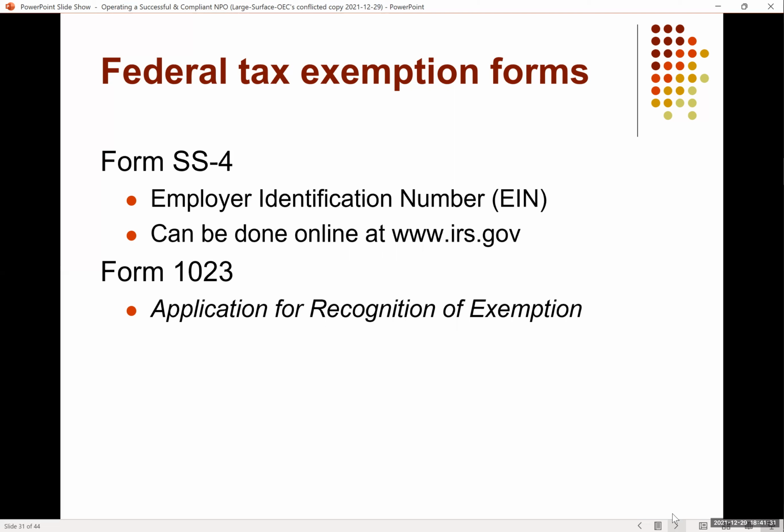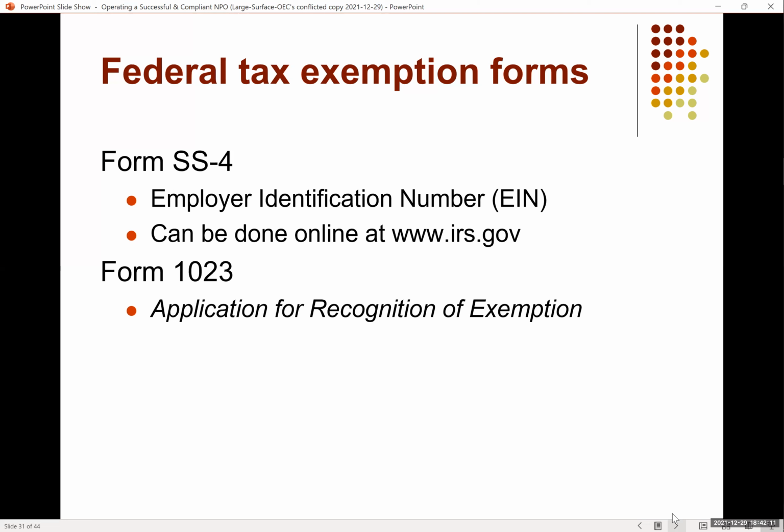Now, here's the thing. I know of a nonprofit, I think they hold a parade every year. That's their big function. That's all they do. They're like a community group. If you know that your revenue is going to be less than $50,000 within 3 years, you can file what is called the 1023-EZ. That will cost you $275. But if you know you're going to be a full-blown nonprofit organization, like you're running a health center, then you file what they call Form 1023.